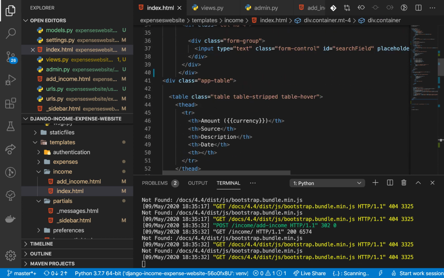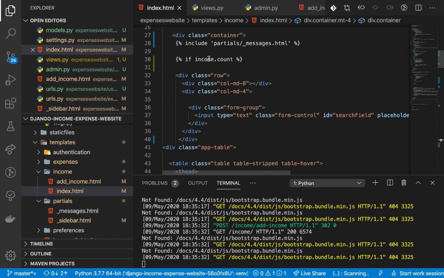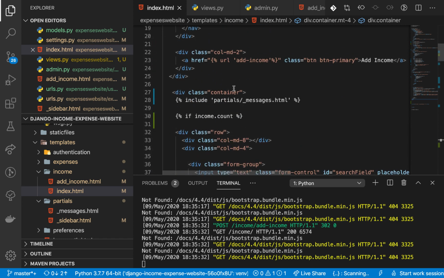Okay, so let's first edit out the things that we are not going to need. So for example, we check for the count, which is good. We are bringing in the messages. Last time you saw the message didn't show, like for create successful, but now this will be able to